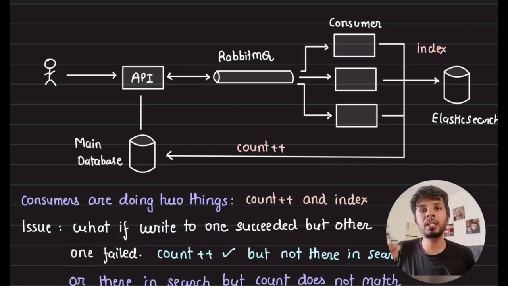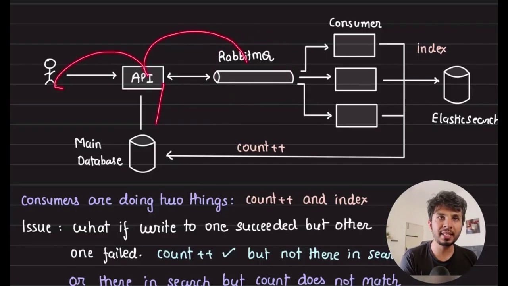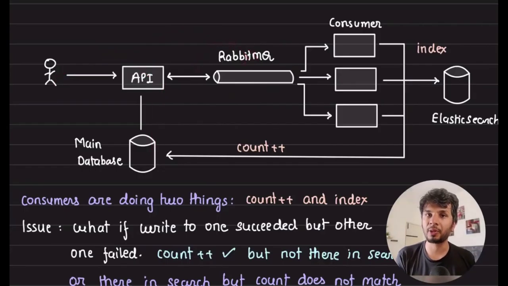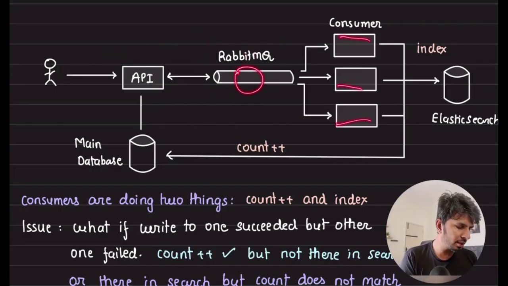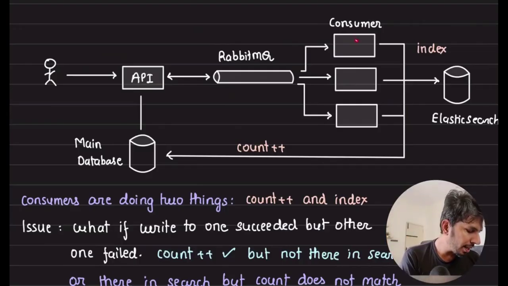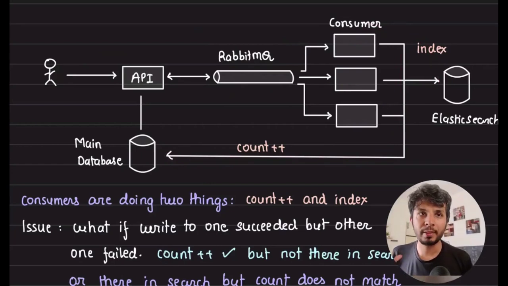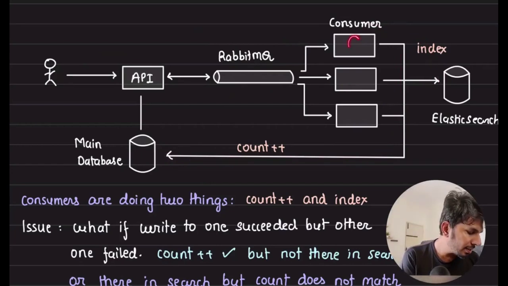Now, how can we build it with message queues? So we add a RabbitMQ over here. Whenever a blog is published, the API server makes an entry into the database for that newly published blog and pushes a message in RabbitMQ. From this RabbitMQ, a bunch of consumers, like one of these consumers, can consume that message. And what that consumer does is index it in Elasticsearch and fire an update query into this database doing total post equal to total post plus 1. Now here, what we see is this consumer is doing two things, not one.